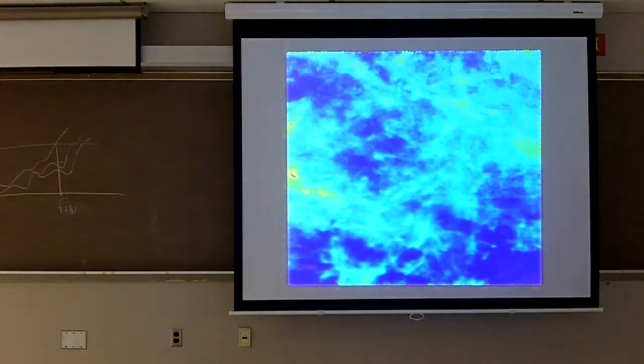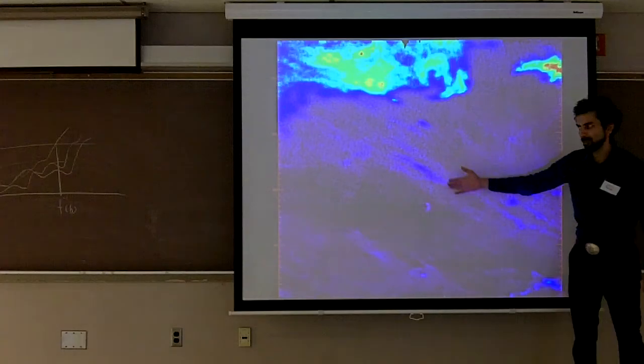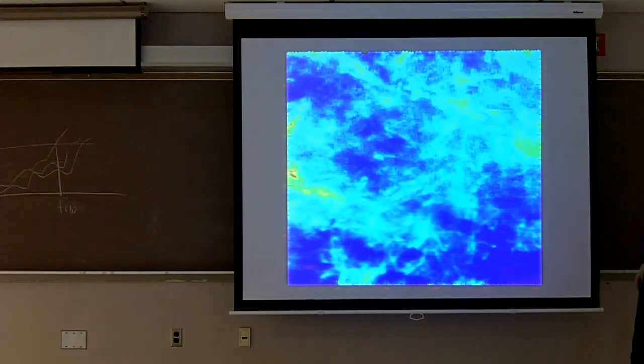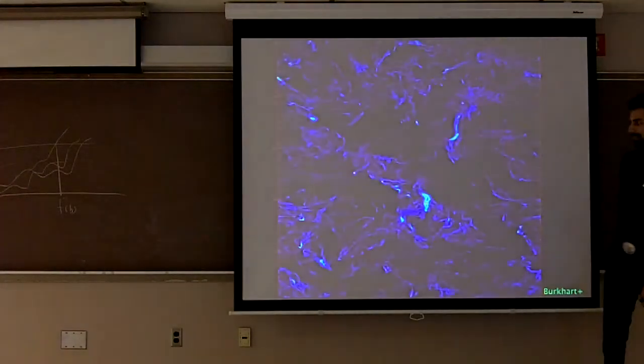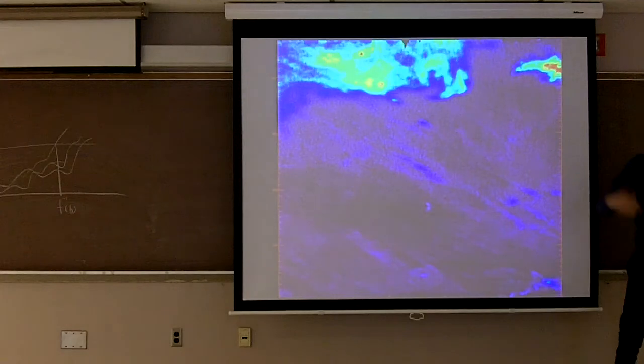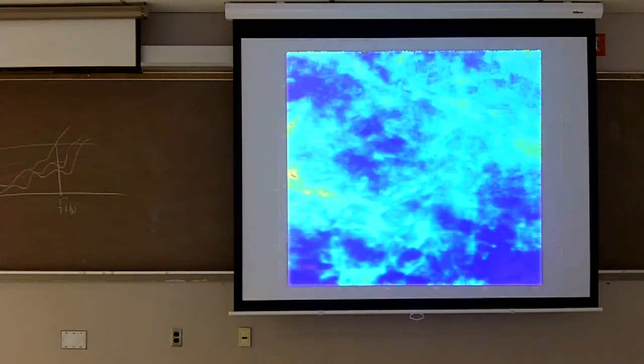Okay. Absolutely. So this is what another slice looks like, and you can see, this is full of blobby filaments, and this is full of blobby filaments, but these are not the same blobby filaments, very clearly to our eye. Yeah. But telling a piece of code that this is different than that, that's a hard problem, at least to me. I hope it's not a hard problem to you.